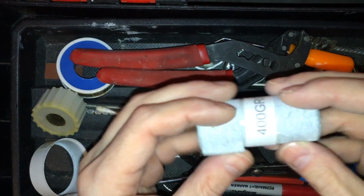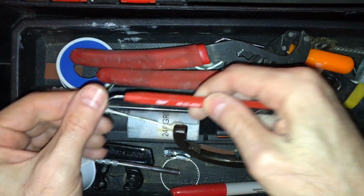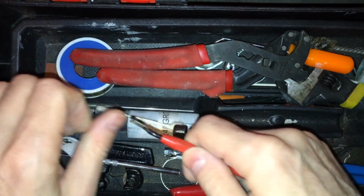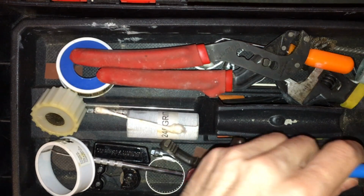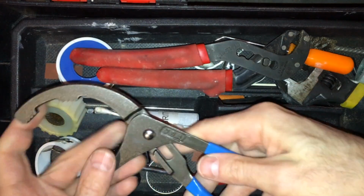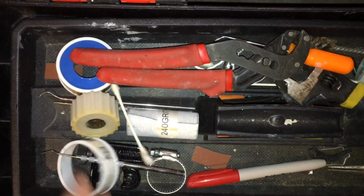This is sandpaper, waterproof sandpaper, markers, reamers for when cutting copper pipe, when it has a little burr, so it deburrs it, and various different pliers. This one is for opening oil cans. It's actually really useful for